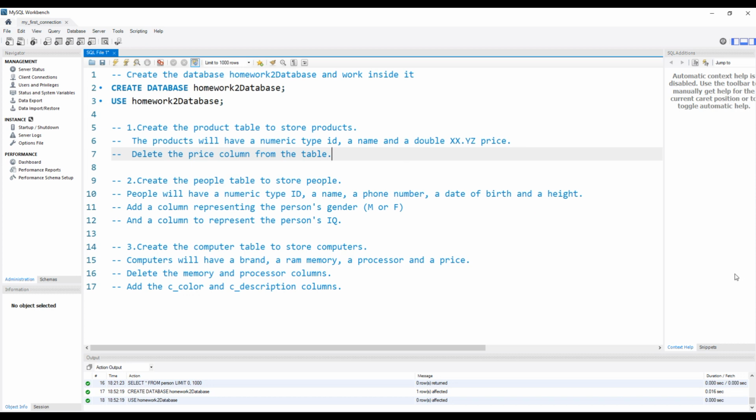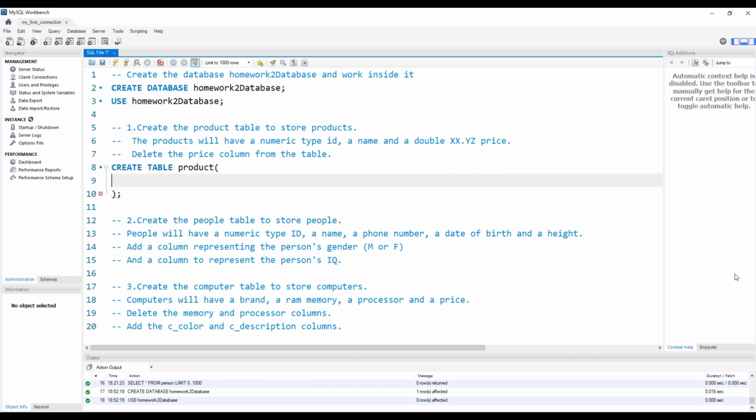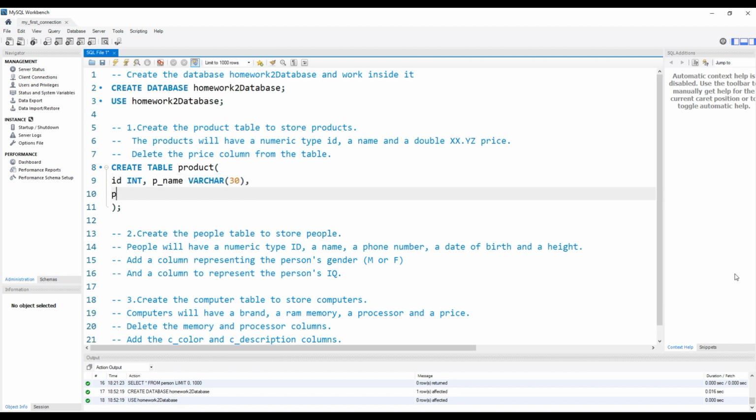First, we will create our table. We will write create table product, open parenthesis, a semicolon at the end, and our products will have an ID of type int, a product name of type varchar of 30 positions, and a product price of type decimal of 4 and 2. We will create this table